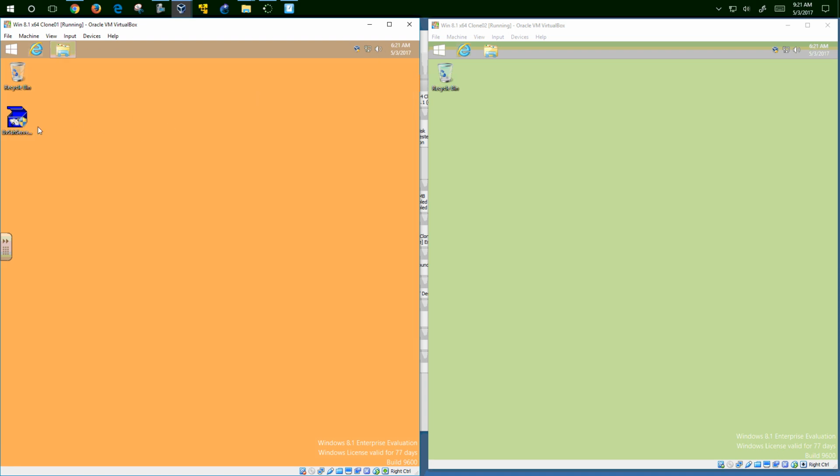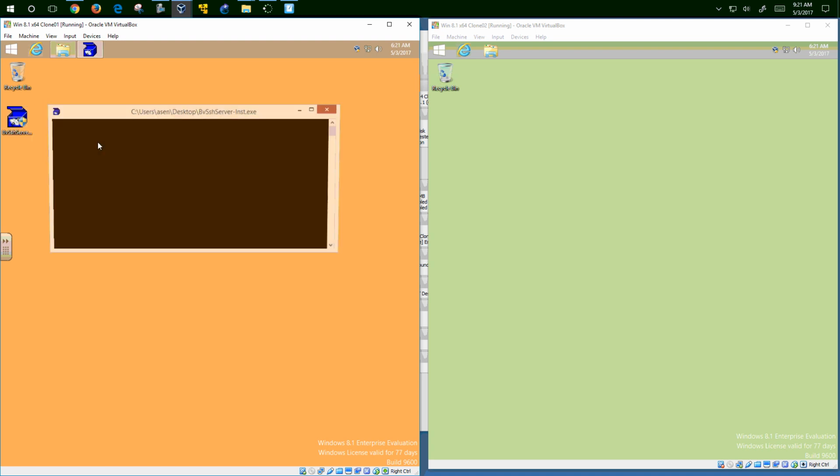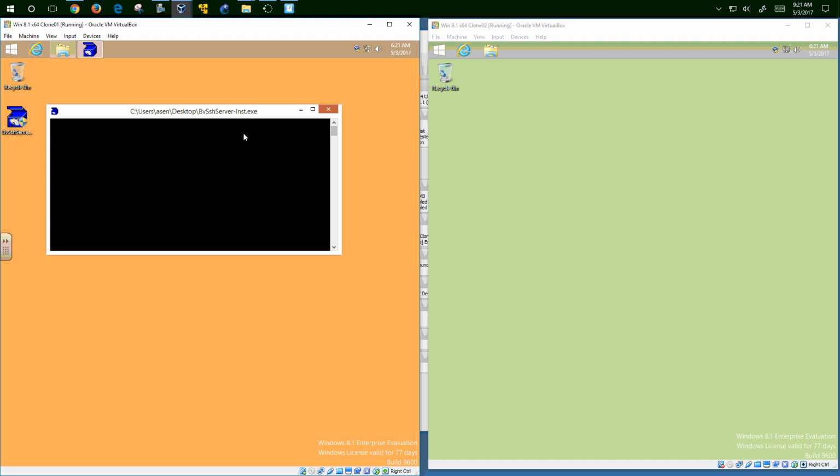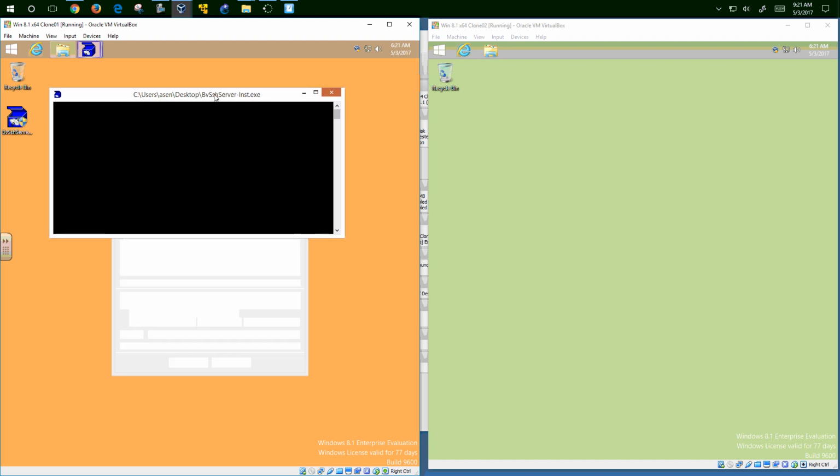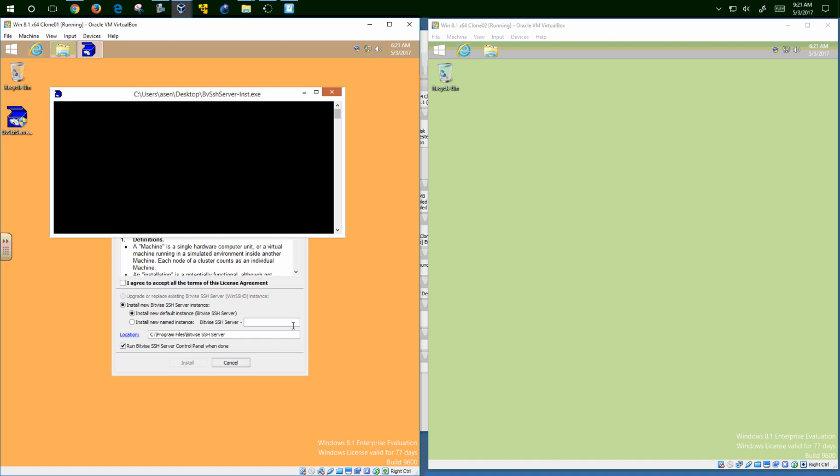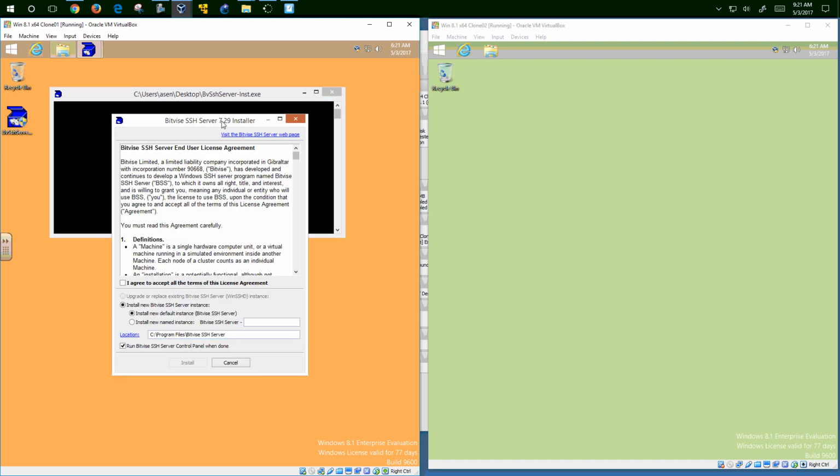So basically the installation of the SSH server is pretty straightforward. You just click twice on it and do next, basically. Now, after the installation itself, because there will be some SSH keys, the keys which are supposed to be exchanged between the client and the server. As you remember, when we're accessing through SSH, we are prompted for this. So a reboot of the machine will be needed. So I agree to